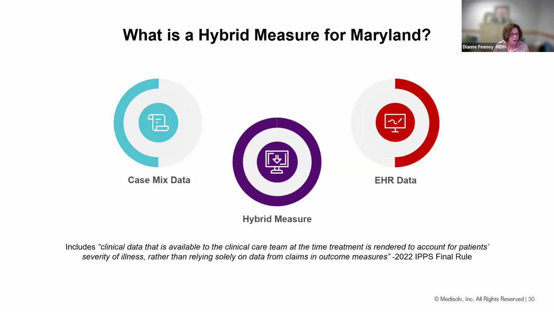Further, as hospitals are aware, just as an aside, all Maryland hospitals must comply with all of the CMS IQR and OQR reporting to CMS, as well as the reporting requirements set out by the commission and the state. You see on this slide, case mix is put in instead of claims data. So Maryland's version uses case mix data, which mirrors what is in the claims data set to Medicare. And then these other data elements are the same as what CMS is requiring.